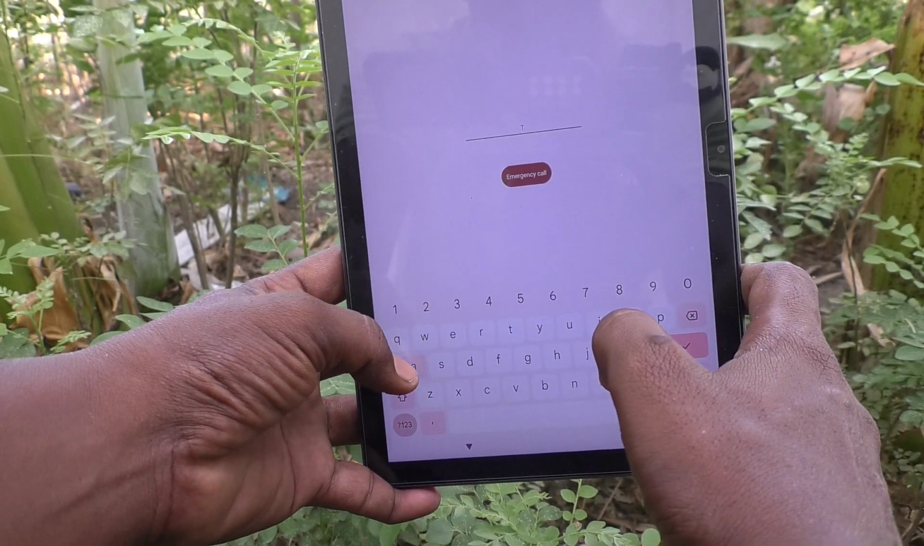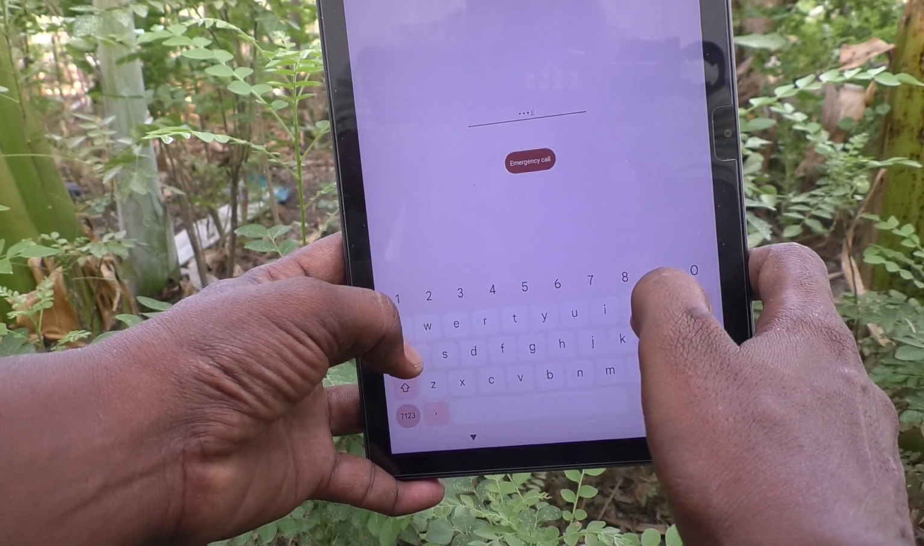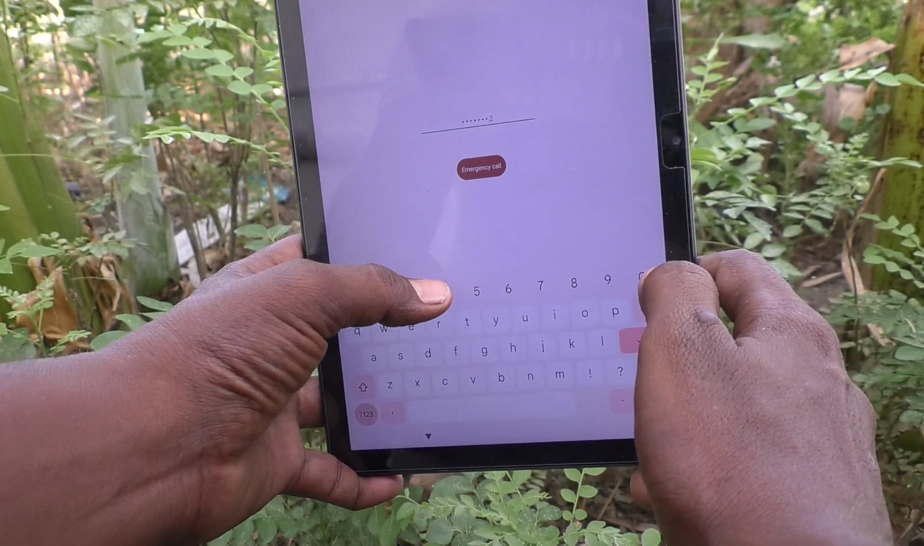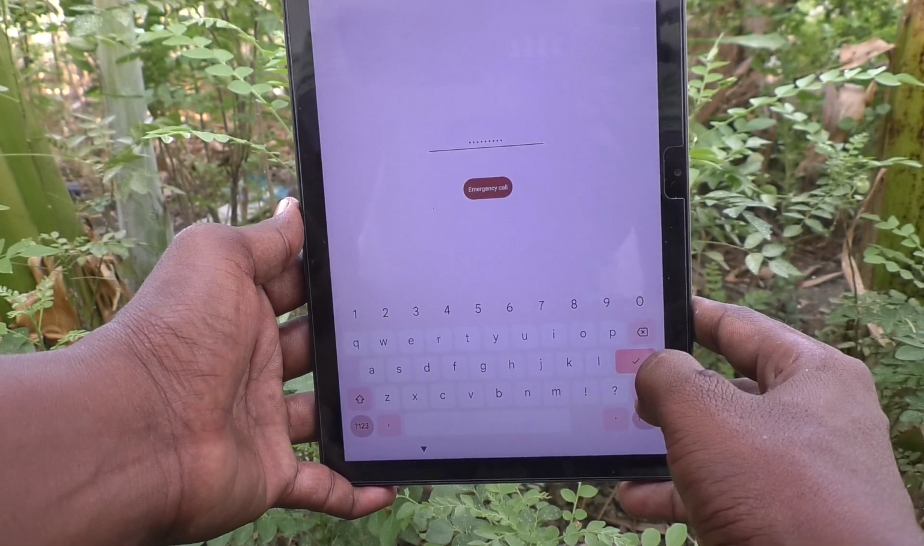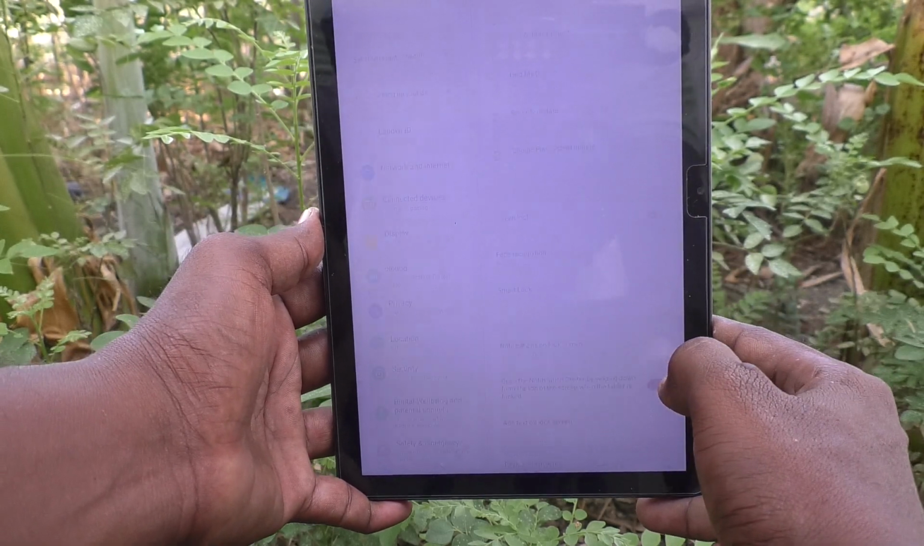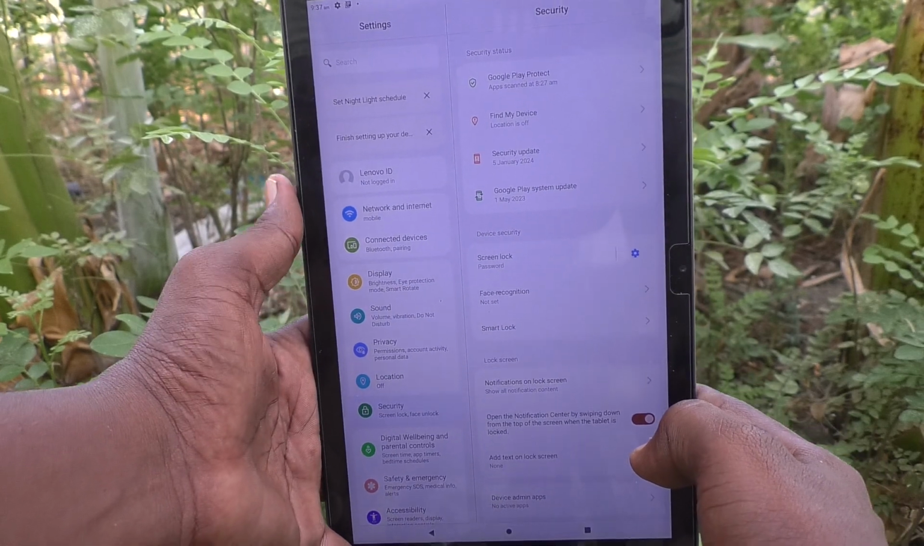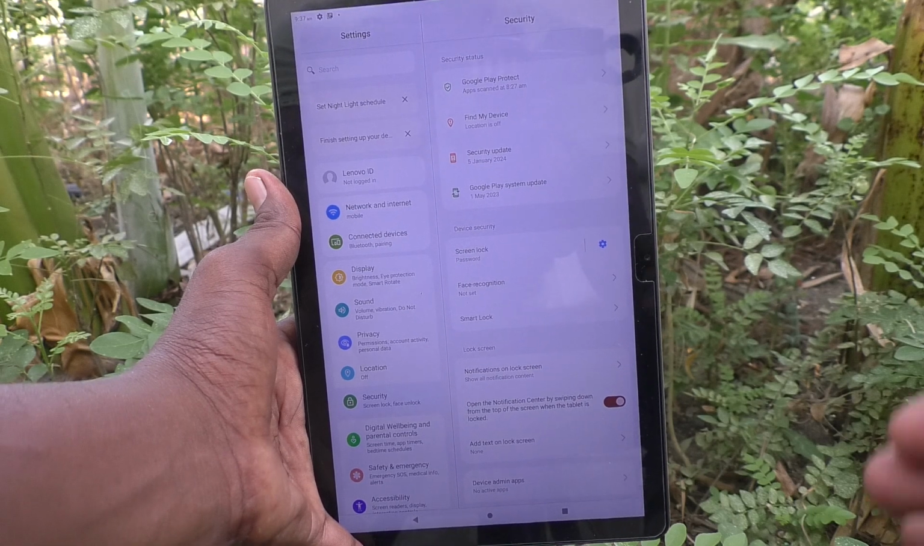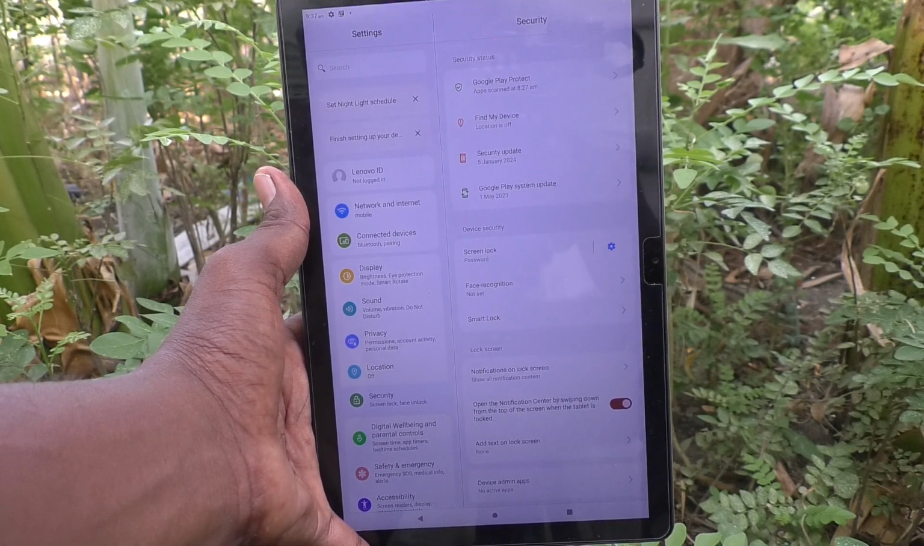So you have to give your new alphanumeric password. Tasia 2024. Click on the tick mark. Yes, it is unlocked. So in this way you can easily change from pattern lock screen password to alphanumeric password